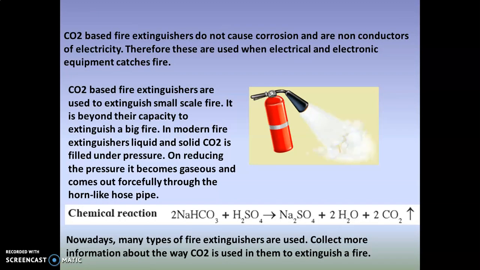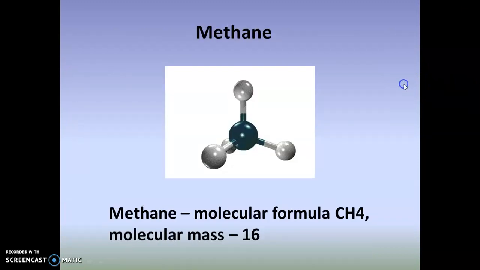Carbon dioxide based fire extinguishers do not cause any corrosion and are non-conductors of electricity. Therefore, these are used when electrical and electronic equipment catches fire. Okay, so if any electrical instrument catches fire and you put water, you all know that water is a good conductor of electricity, so then it will cause more problems. So carbon dioxide, because it doesn't carry electricity,